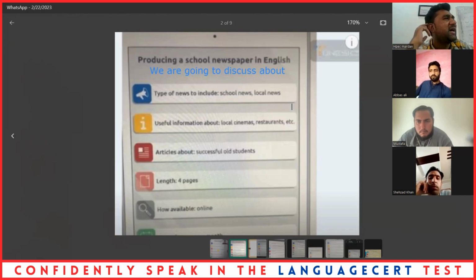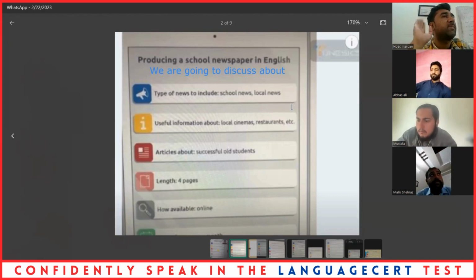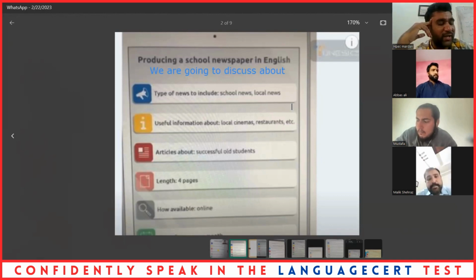Okay, then he may ask you, what do you think about the length of the pages? He may tell you, I think 8 pages will be all right. Is 8 pages good? You will disagree because there are 4 pages written on your flowchart. So you should say, yes, you are right, but actually I don't agree with you. I think if we keep 4 pages, the people and the students may find it much easier. They may not get bored. So I think 4 pages will be a better option.